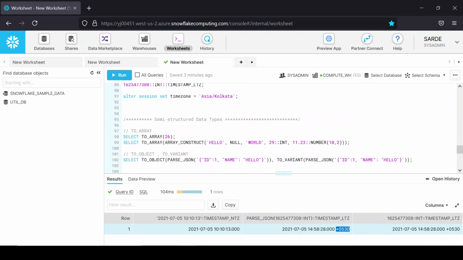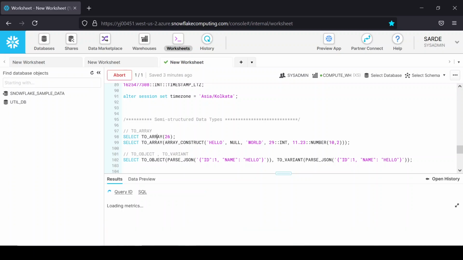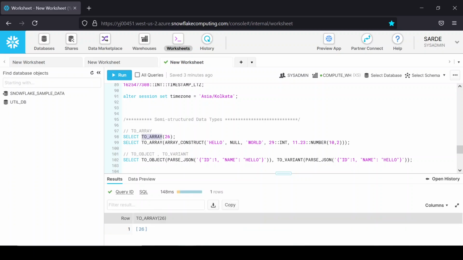Next, we also have some semi-structured data type conversion functions. First is to_array. If we need to convert any value to an array, we can use this to_array and pass that value.